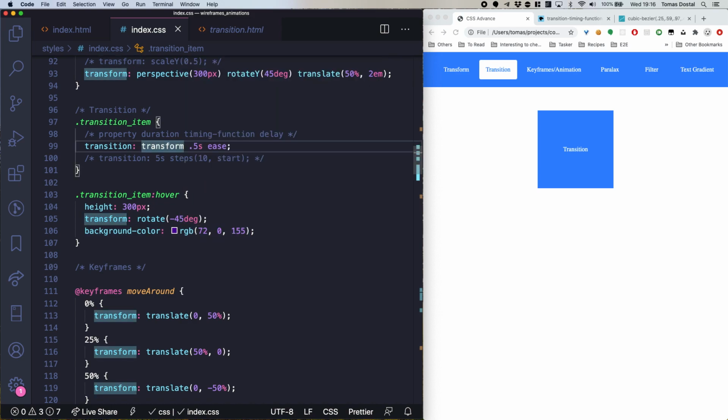I would say most of the time you will probably want to transition everything, but that's not necessarily true as well. But most of the time, I would say. The duration we already played around with, with the 5 seconds and stuff. The timing we played around with that as well. Delay, you can delay the animation, the whole transition. So if we delay it by half a second,